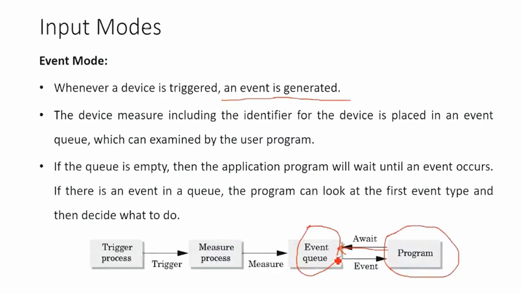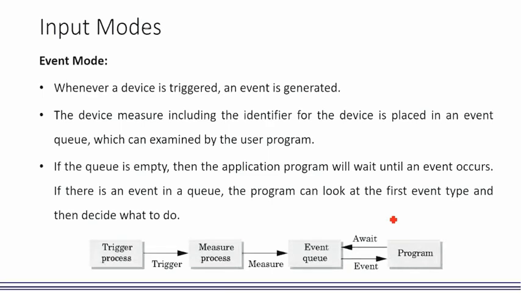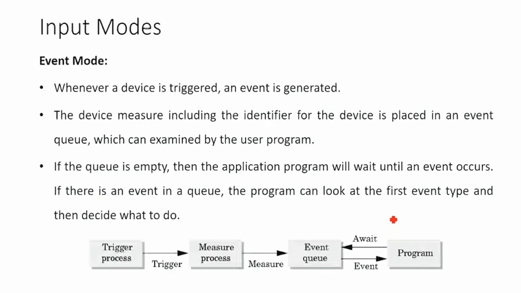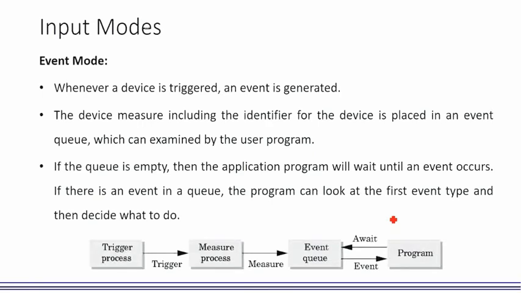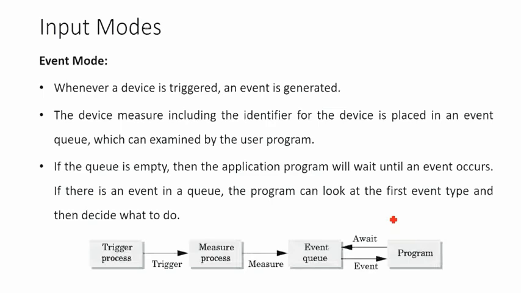I'll tell you an example. Let us say you're playing a game. You have keyboard input and mouse input, both in your system, and your game is relying only on keyboard, not on mouse. Now, even a mouse click generates an event, and I'm assuming the measure here is the position. The position will be enqueued in the event queue, right? And in the game that we are talking about, the game doesn't use any mouse, so it ignores that measure. It doesn't use that measure because it is not programmed to capture the mouse input.